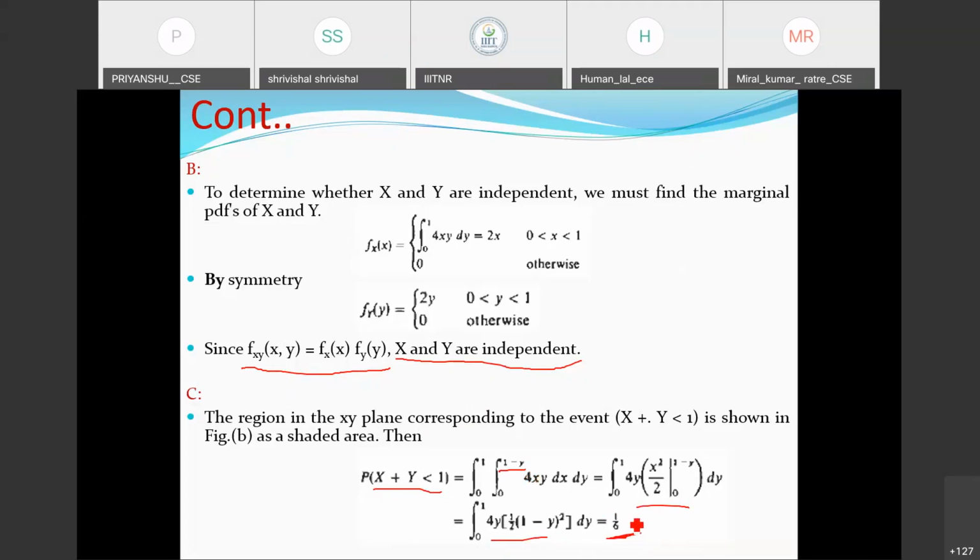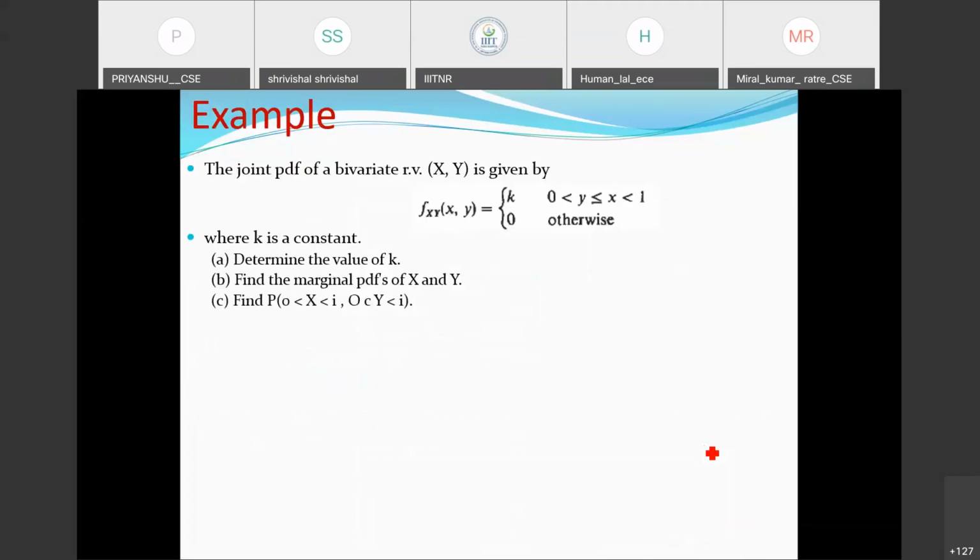So how many of you got this response as 1 by 6? Anyone? Yes, Dipanshu, good. Kamal, okay, Divyanshu, Aditya, okay, good. Sandesh, Dhaval, okay. Good to see that some of you have taken care of this part. Okay, good. Now we are moving ahead to the next question.